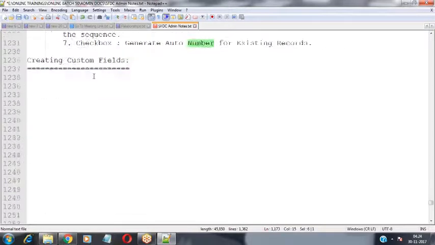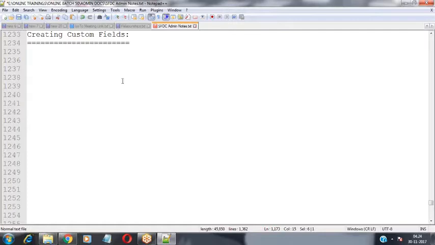So these are the various data types that we have discussed, and their properties and functionalities also. Now let's see how to create the object, and how to create the field inside the object.